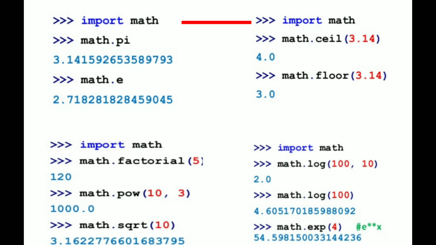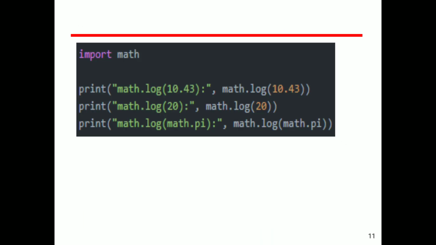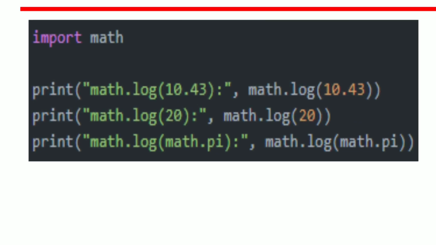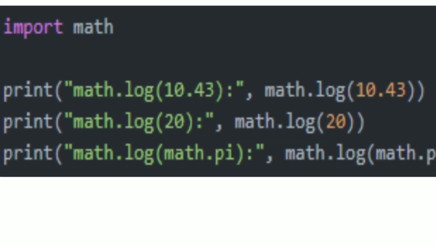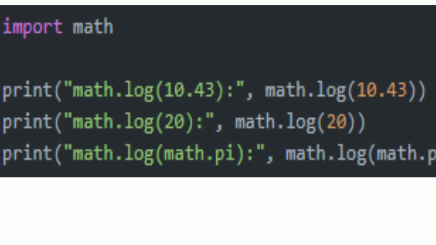Like that, the math module contains all mathematical predefined functions. Okay, see this another example. import math, print math dot logarithmic values. These are all the logarithmic examples.